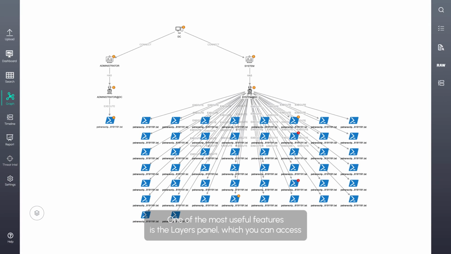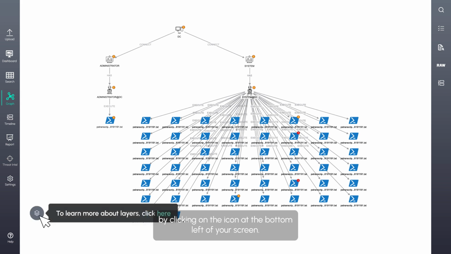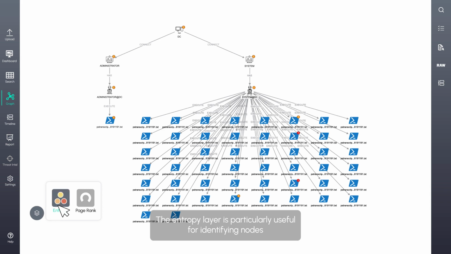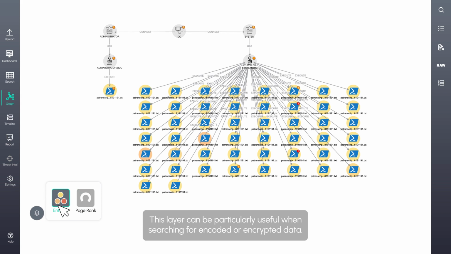One of the most useful features is the Layers panel, which you can access by clicking on the icon at the bottom left of your screen. The entropy layer is particularly useful for identifying nodes with the highest entropy. This layer can be particularly useful when searching for encoded or encrypted data. For example, you can use it to quickly identify which binary has the highest entropy and is potentially packed in